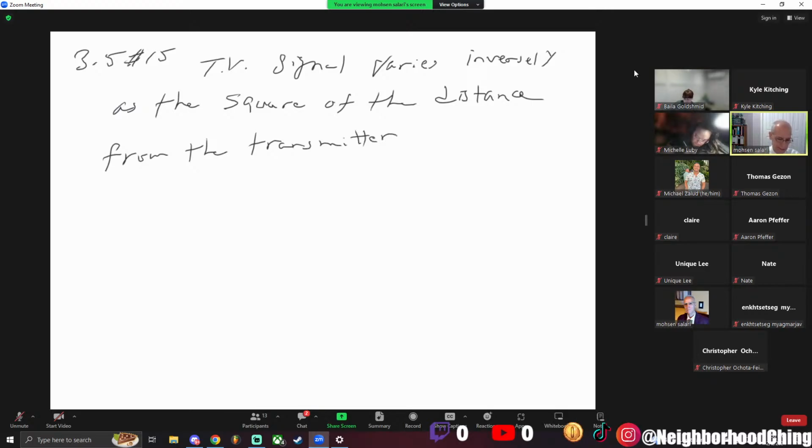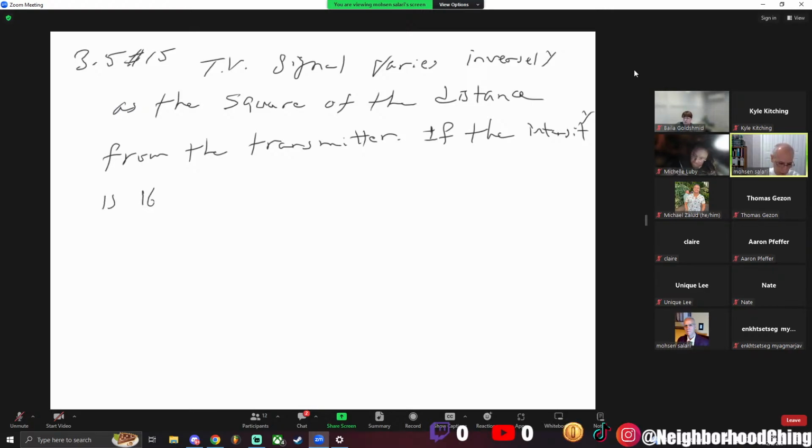The given information is that when the intensity is 16 watts per square meter